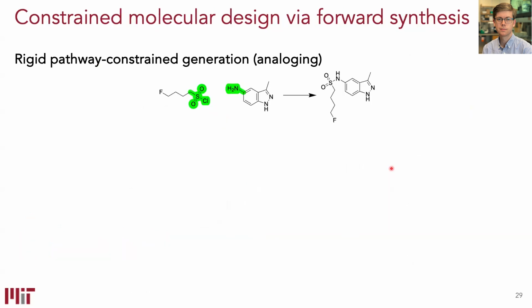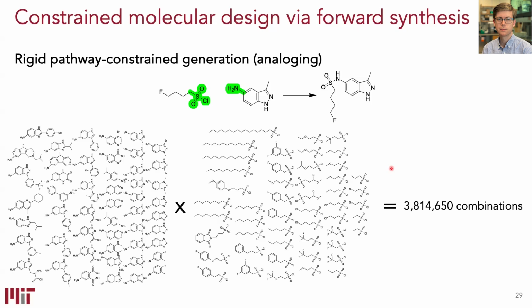Now, the simplest way to do this would be to take a synthetic process or a reaction scheme. In this case, it's a coupling from the sulfonyl chloride and this arylamine to make this candidate that a collaborator is working on for tuberculosis. And we could say, if I want to guarantee synthetic accessibility of the molecules I'm designing, why don't I just take a whole bunch of sulfonyl chlorides and a whole bunch of arylamines and just find all the combinations between them? These are the basic enumerative approaches that chemical vendors use, but it's saying, I'm not trying to change the synthesis, I'm just trying to change the building blocks. And here are the molecules that I think I can access that look similar to this structure.